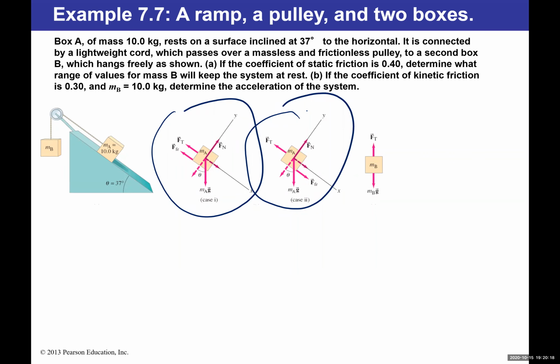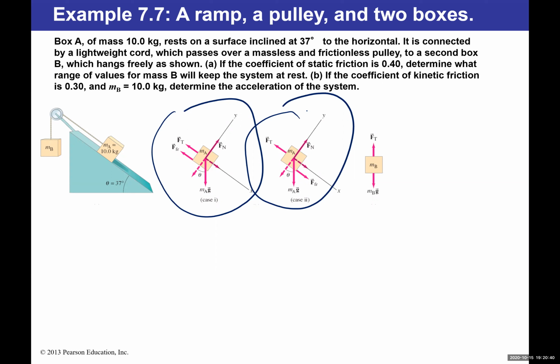So case 1 is when you prevent A from sliding down. Case 2, you prevent A from sliding upward. That's what we have. So let's look at